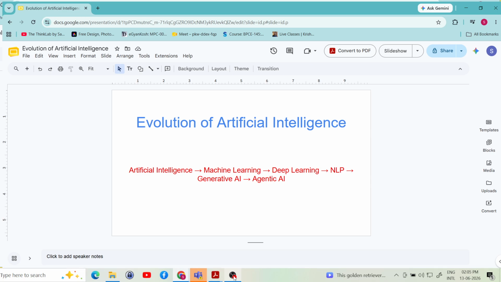Artificial intelligence, or AI, is a broader concept. It refers to machines designed like us humans to simulate intelligence. Early AI systems were rule-based, working on predefined logic. So if this happens, then do that. For example, a chess player that follows a fixed strategy. This system was powerful but limited, right?